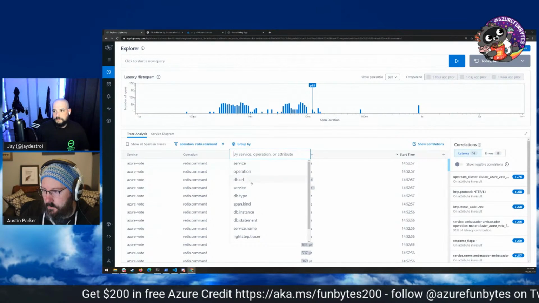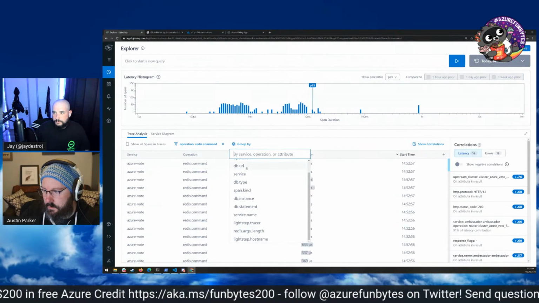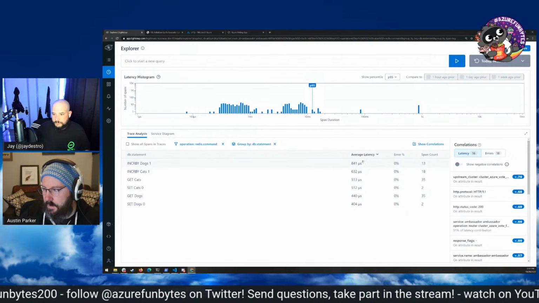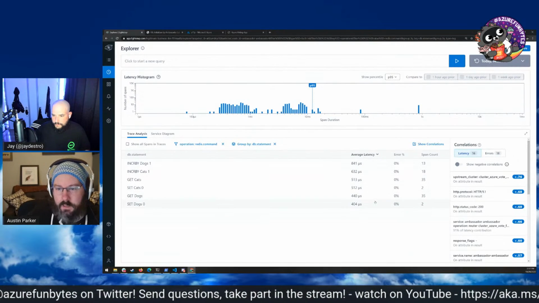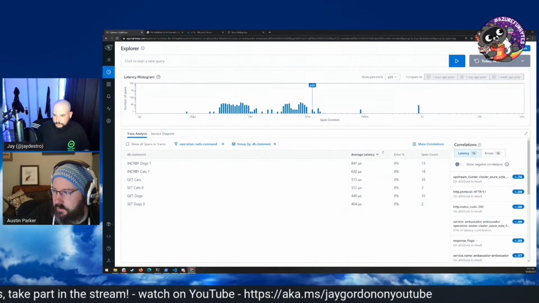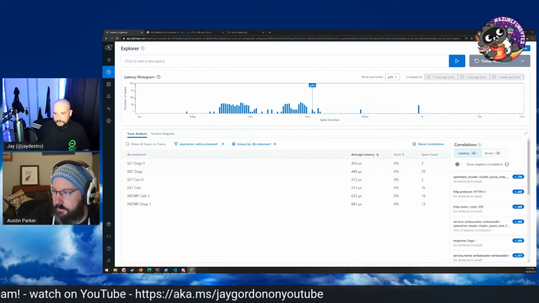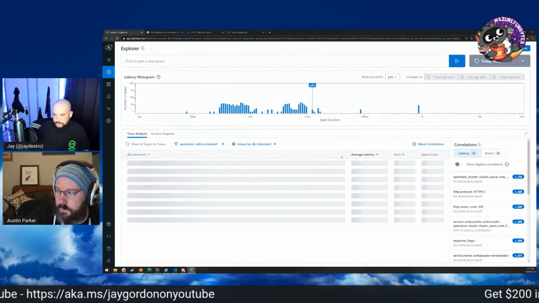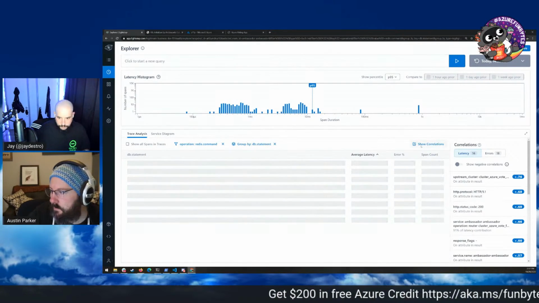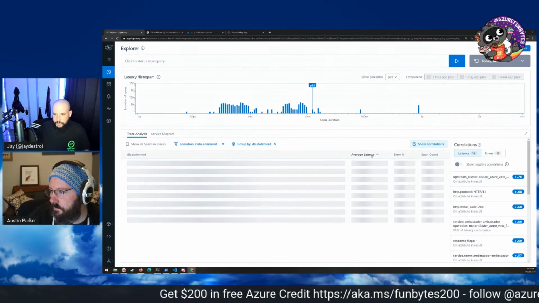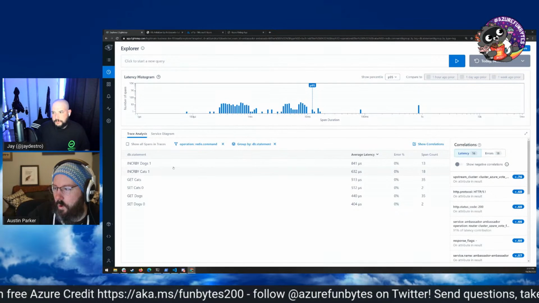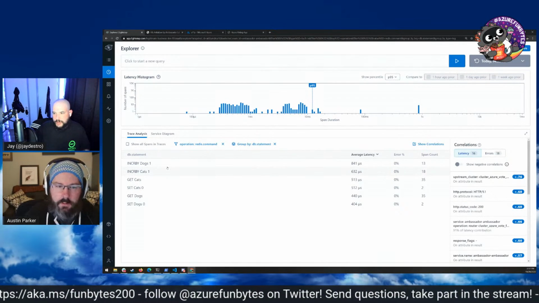And then let's group by statement. And now I can see right here what's the average latency for each of these statements? So I can ask, say, the quickest one. And so, once again, it's more about answering questions than it is how to solve problems. It's asking the questions before they become problems.